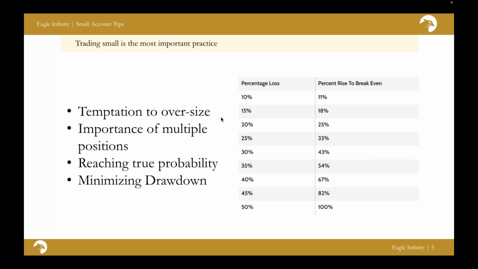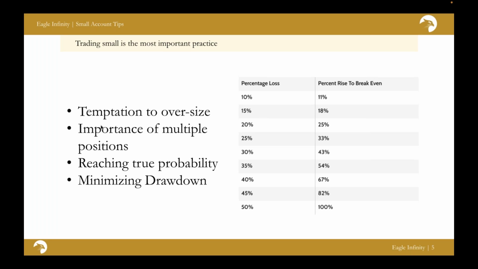And you can imagine how, from 10% to 11%, not a huge difference, and how difficult that might be to reestablish that break even point. But to go down 50% and now have to double your money, it's going to be exponentially more challenging to reach break even and then exceed that, as hopefully break even is not the goal for your trading account. So the biggest thing is really focusing on not losing money before you can focus on good trades and making money on these trades. And a big part of that is not allowing your drawdown to be that large.